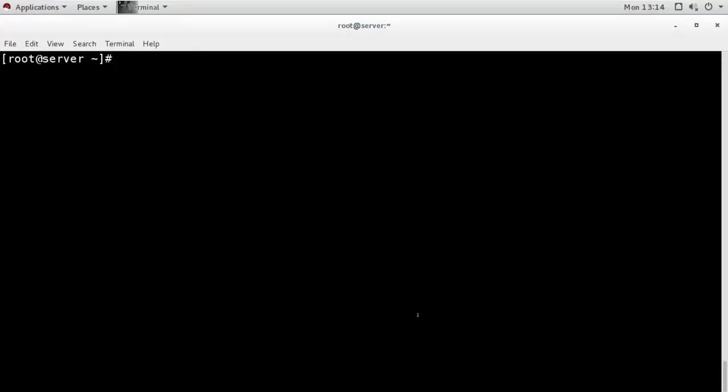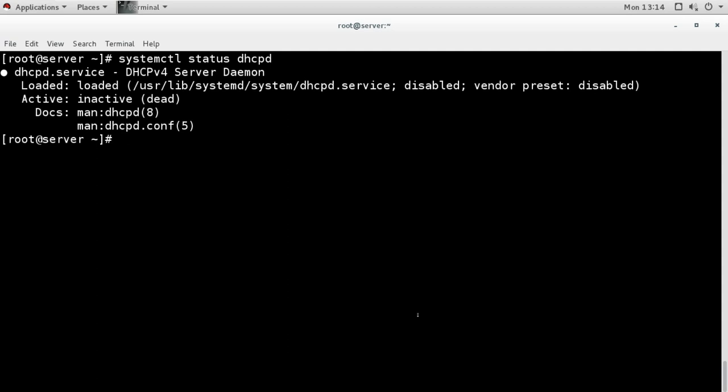I will start the service. First I should check the service whether it is running or not running, or whether it is properly loaded or not. So dhcpd, it is loaded properly but it is not running, it is dead, and also it is disabled.